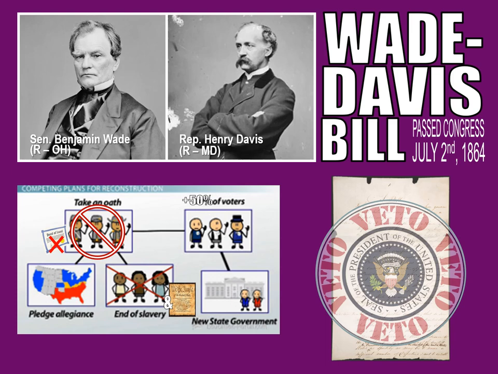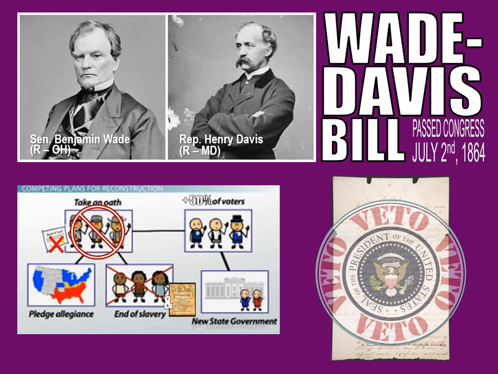Also, there is no possibility for actual war veterans, people that voluntarily, not drafted, but people that voluntarily took up arms against the Union, to have their rights restored. Also, the radicals are very much in favor of punishing those that willingly took up arms against the Union, particularly landowners, by taking their land away. And this is linked to the possibility of reparations for slavery in the form of land, confiscated land